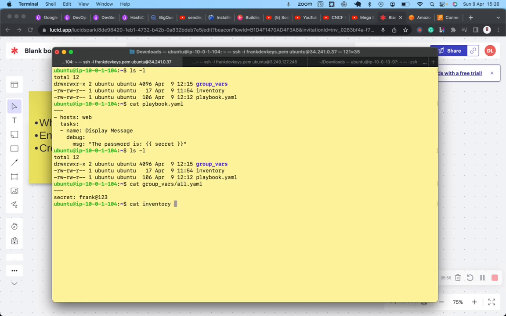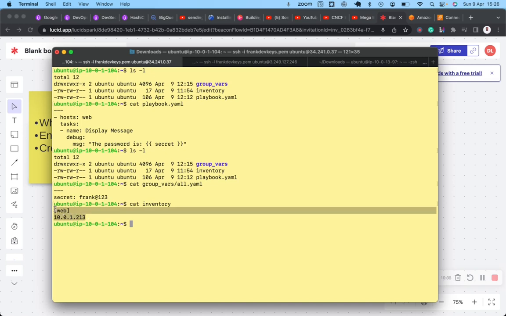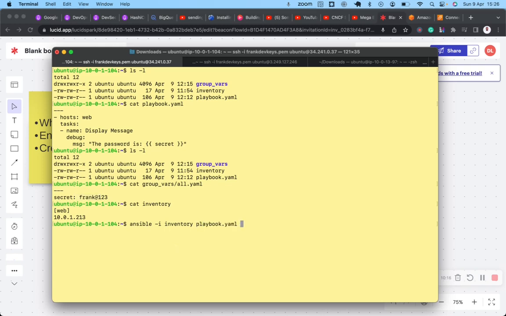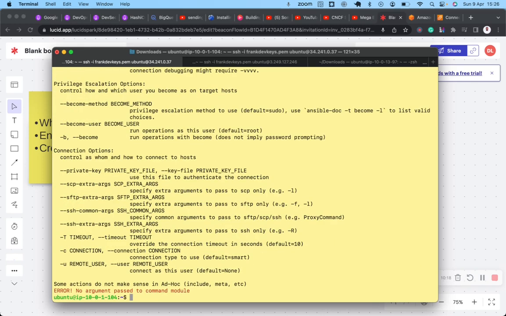Then let's also check the inventory. We've seen the video on inventory, just simple. So what this will do for me is, I want to run this command to get the contents of this file. So ansible, inventory, followed by playbook, playbook.yaml. So if I hit enter, oh sorry,